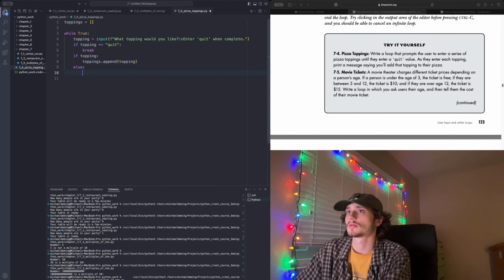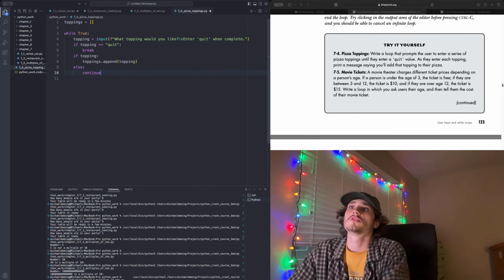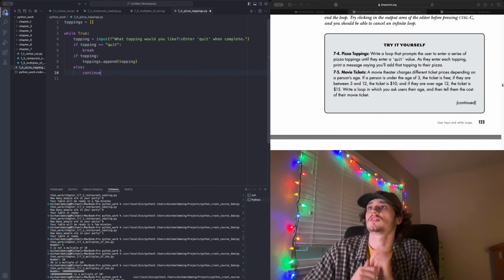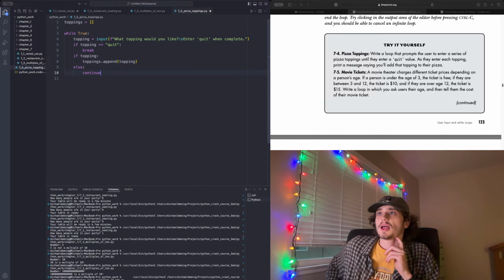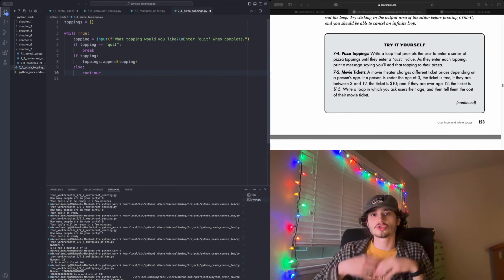Else continue. So basically what this says is we have a toppings empty list, which is where we'll be storing